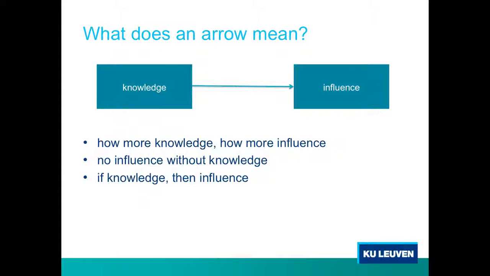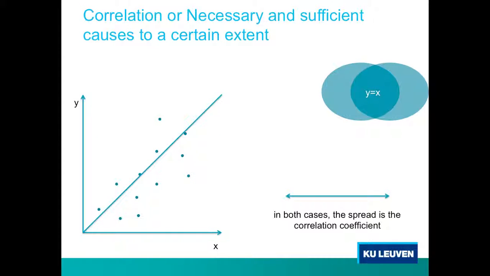The last acception is that one. If knowledge, then influence. That is, you could perfectly have influence through other means, through money, tactics, friends, etc. But if you have knowledge, then you will necessarily have influence. I kindly refer to the text of Mahoney for a more detailed explanation about these three kinds of conception of causality. Actually, you will see in the article that there are complex variants thereof. I don't want you to study this. Also, it's of course welcome. So the first acception of a cause,